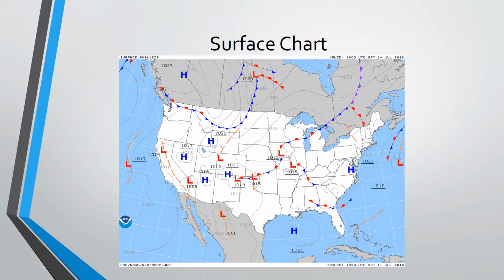So basically what I'm going to be going over in this presentation is a brief analysis of a surface chart. As you can see here on this slide, I just pulled this off of aviationweather.gov today. And this is just an example of a surface chart. You can see all of the different lines and letters over there, so we're just going to be diving right ahead and explain what each thing